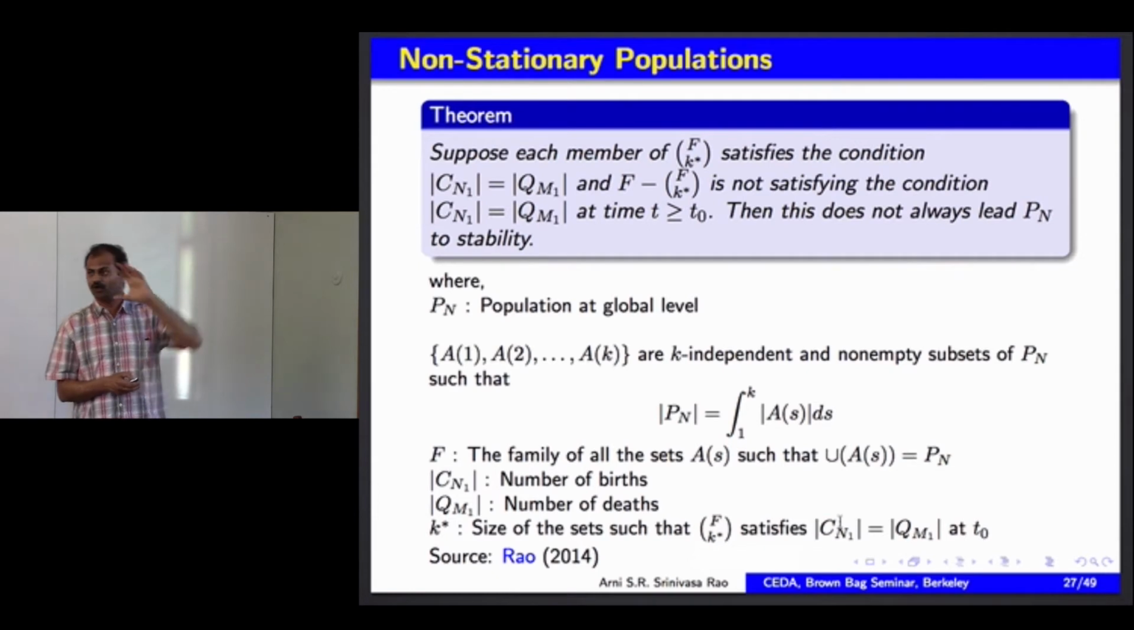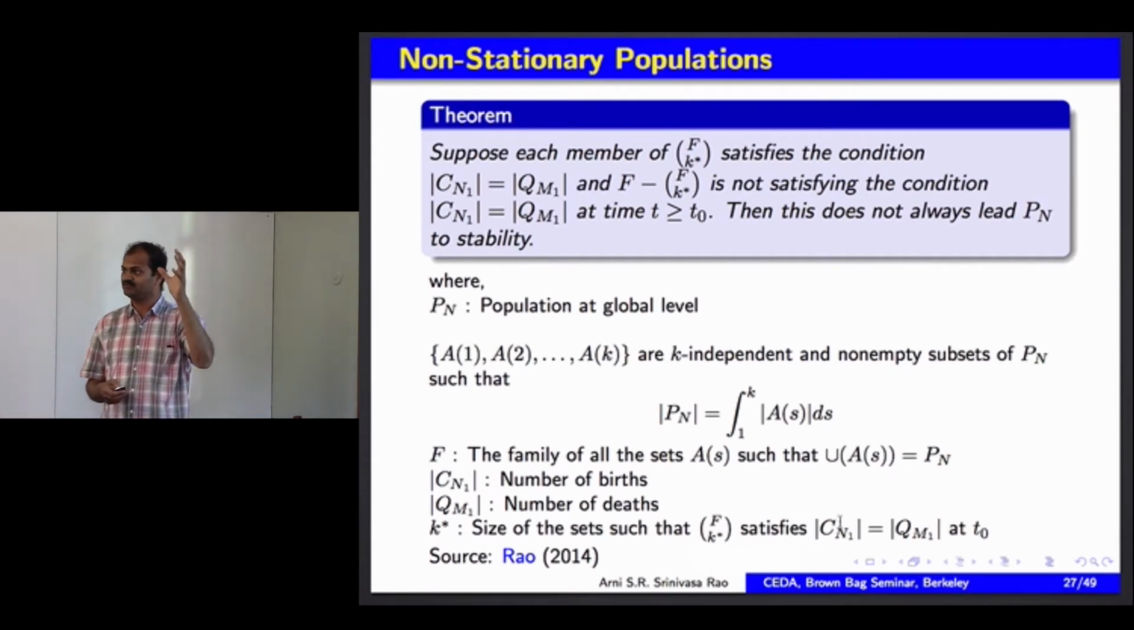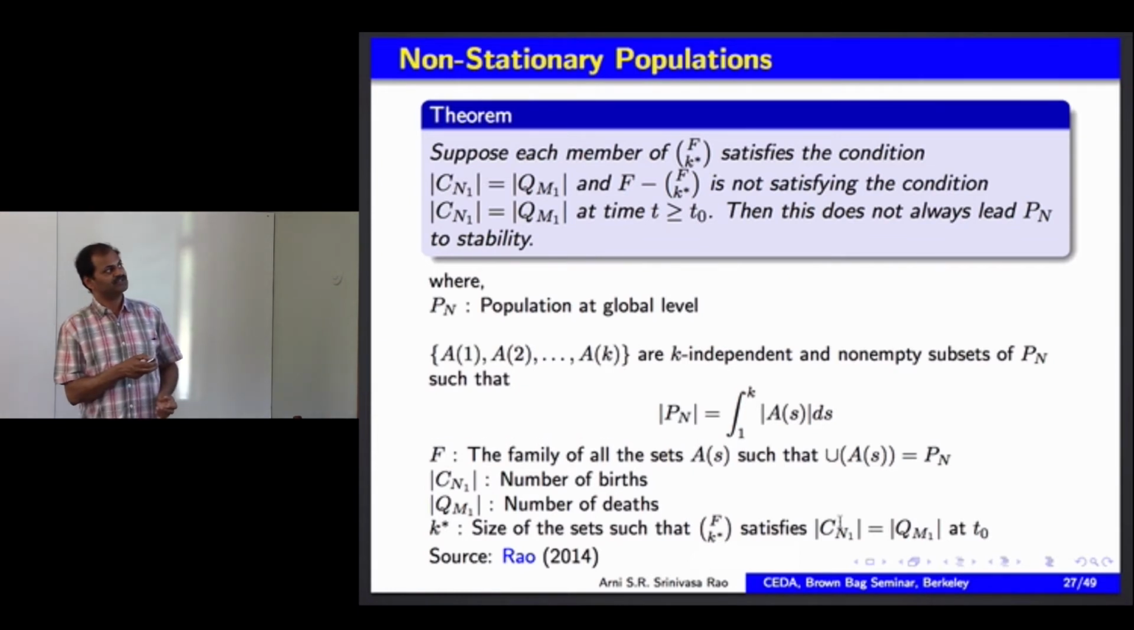Pn is the global population. When a population becomes non-stationary, that means under non-stationary conditions, it does not lead to stability. Pn is the population at the global level, where A1, A2, ..., AK are the k independent non-empty subsets of